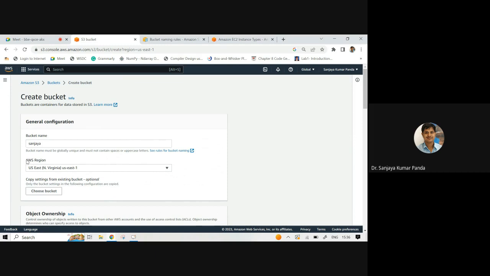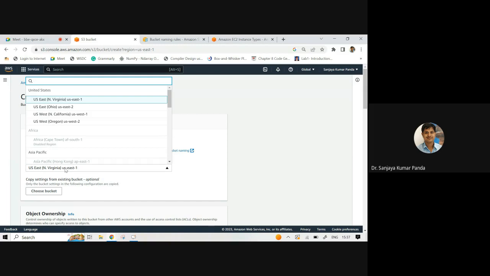Now, Amazon Web Services has certain regions. Regions means areas. Like our country is divided into different states, states are divided into different districts, and districts are again divided into small cities and villages and other things. If you go to AWS regions, you can see the different regions available. Certain regions come under the United States, like US East.